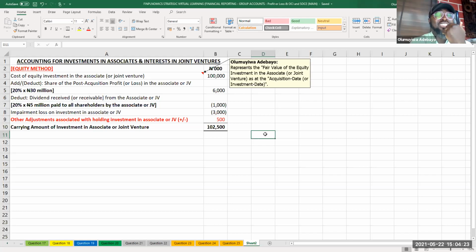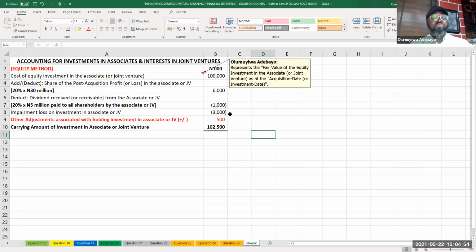And as such, even where there's an impairment assessment, if you believe that it's not of a permanent nature, you are not required to recognize it. But if it's of a permanent nature, you go ahead to recognize it, and take note, such can never, ever, no matter the condition, be reversed, which is synonymous to not being able to reverse any impairment loss on goodwill. Does that make sense?